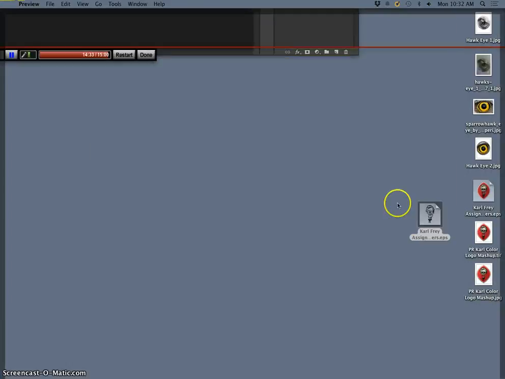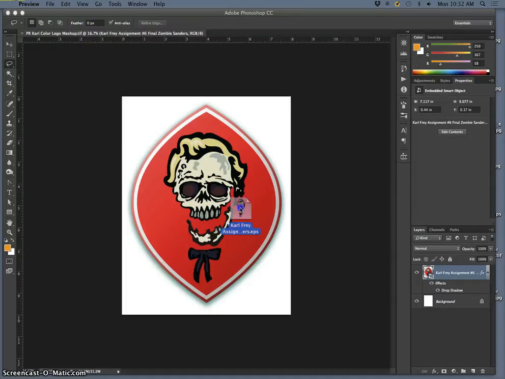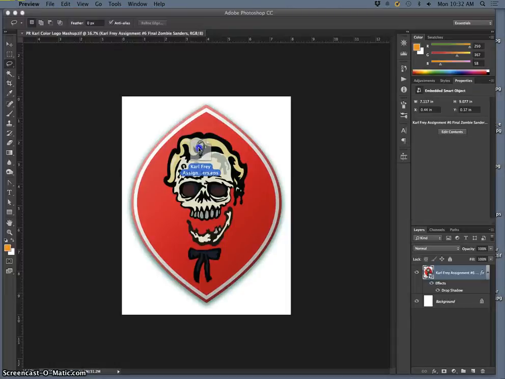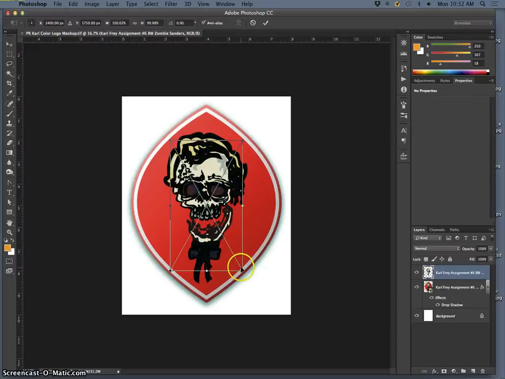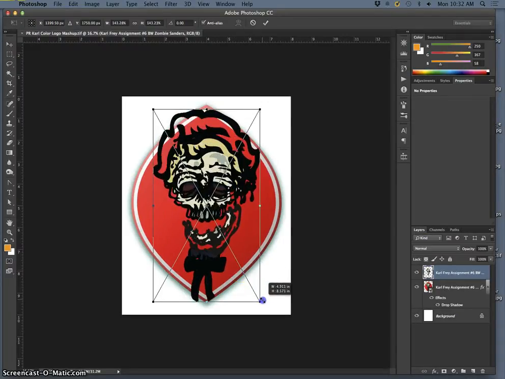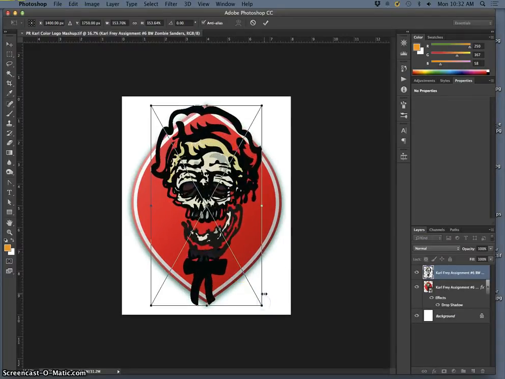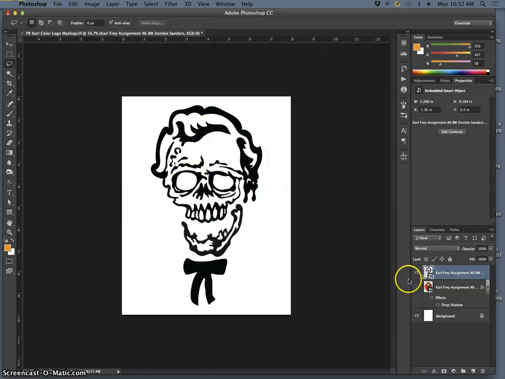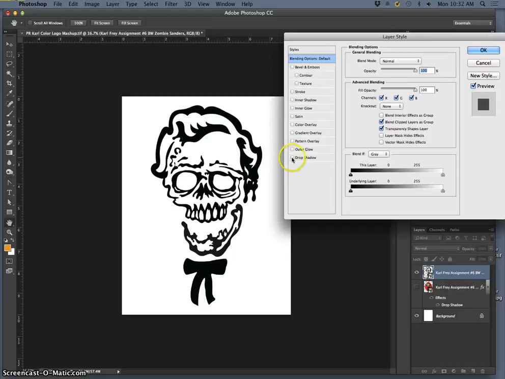And now I want to bring that black and white EPS onto my 8x10 Photoshop file. Just click, drag, and drop. And then I can place, and if I want to make it a little bit bigger, because I'm not going to have the red around it, I can. And then if I want to apply layer effects, I can. Just by double clicking, and I can give it a drop shadow. I can give it